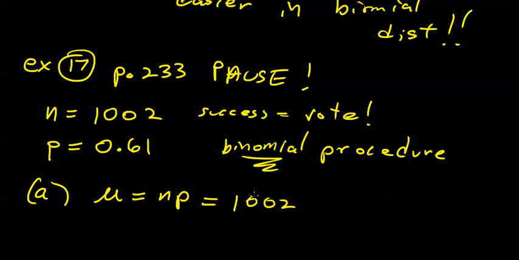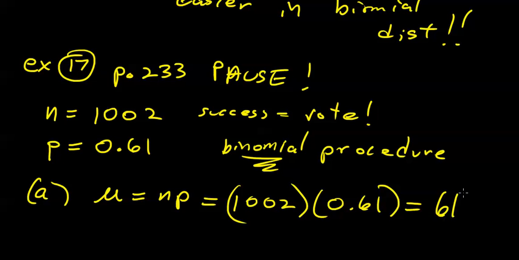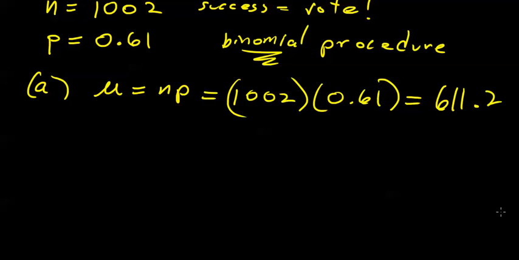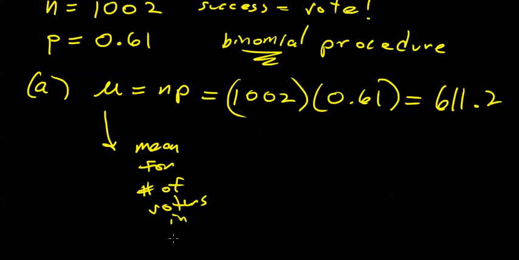Well, you take your number of trials, multiply by the probability of success in any one trial. So my expected or mean number of voters in 1,002 based on this given information is 611.2. You write that down. The mean for the number of voters in 1,002 is going to be equal to